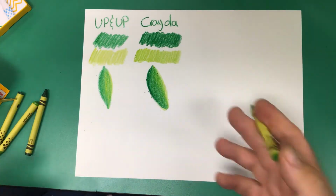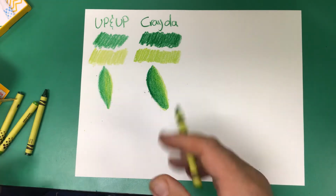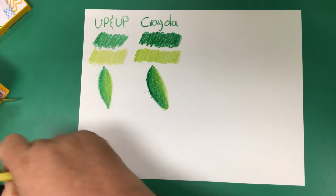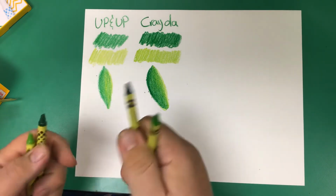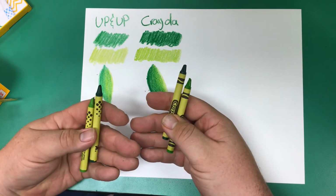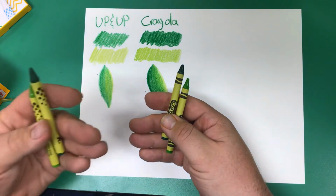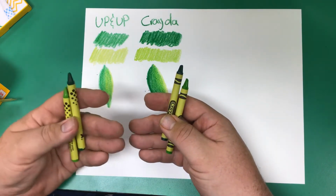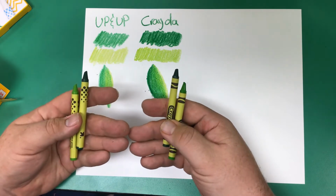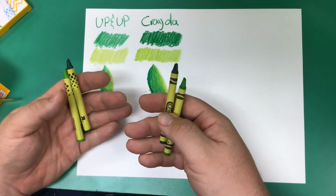So definitely they mix well together. The color is just much more vibrant on the Crayola side. Now, I will say that with color pencils as well as crayons, I do like to have some variety within my boxes, not because of any reason except I know different companies produce a little bit of a different color. So it gives a little bit more variety in the students' artwork if they're using, say, Crayola's crayons and